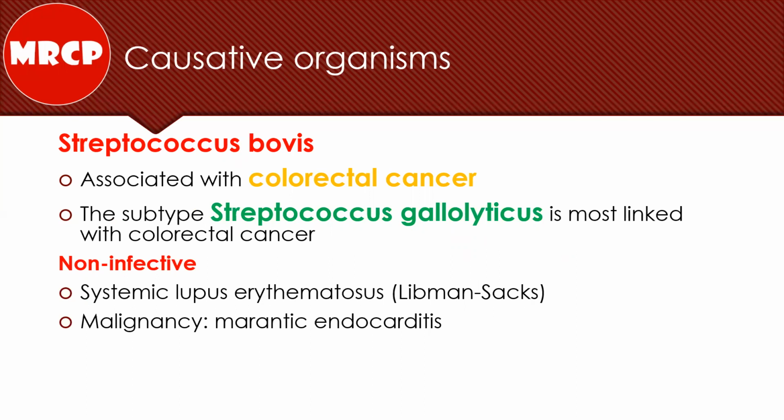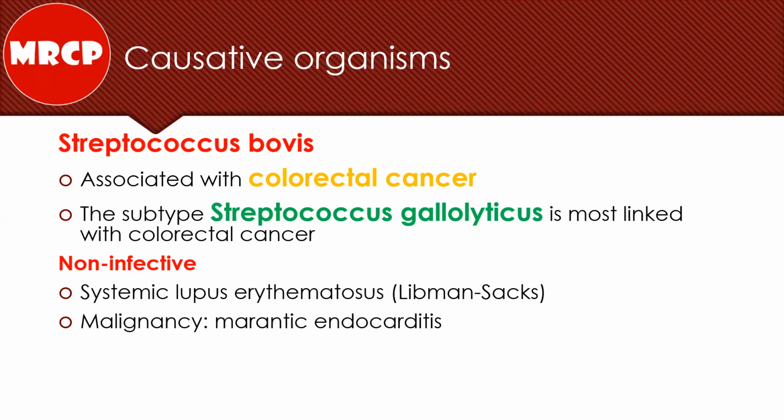The clinical scenario here comes either in a retrospective or a prospective way. I mean by that, they will tell you that you have a patient with colon cancer presenting with a fever and, at the same time, a new onset murmur or a change in the character of the murmur. So this is a case of infective endocarditis. He will ask you particularly about the organism: either Streptococcus bovis or Streptococcus gallolyticus.